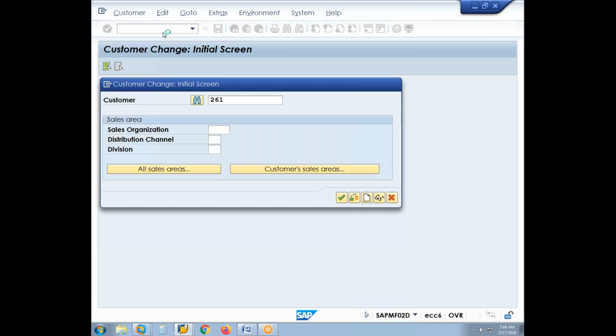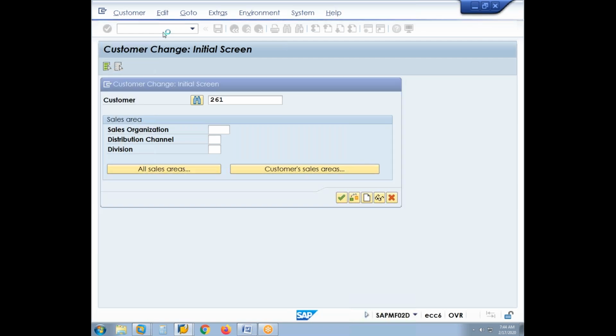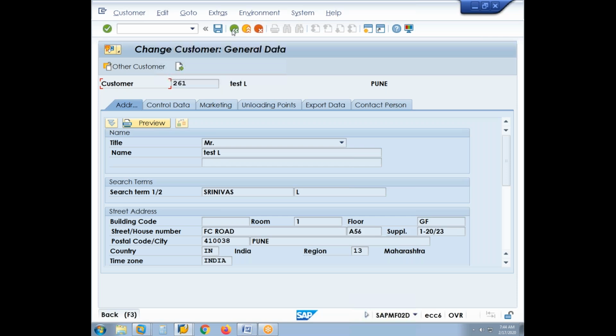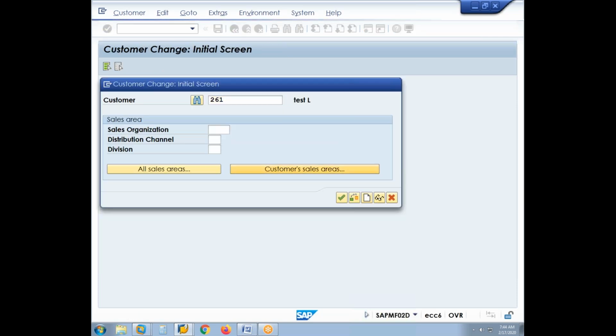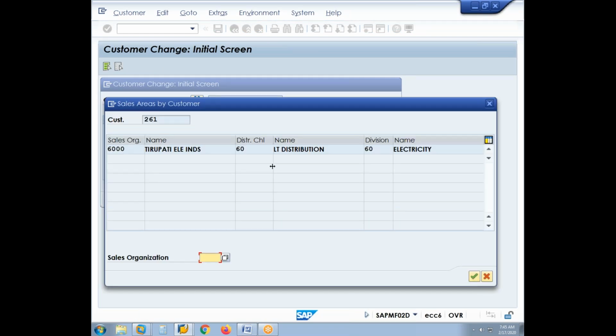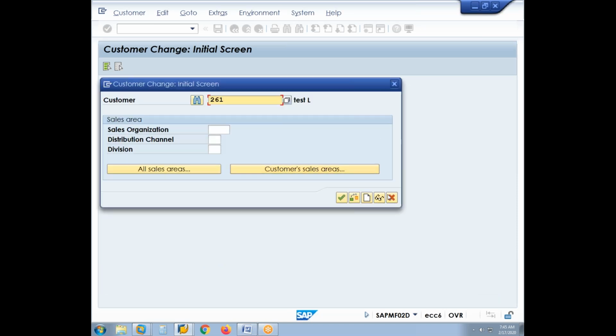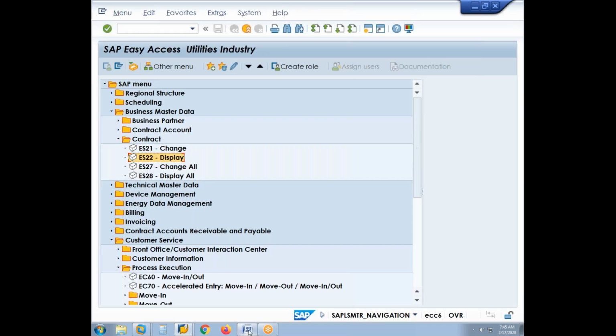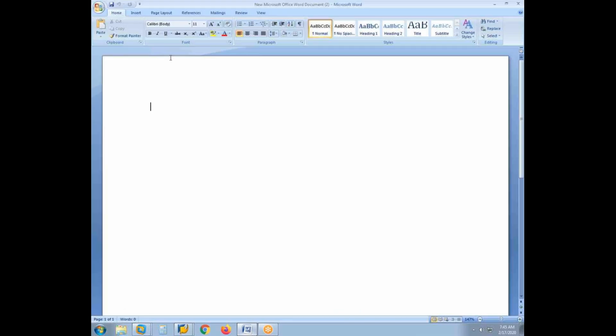We had maintained one dummy customer based on which it is supposed to create, but it will also use different sales areas. So let us find out what the sales area is here. So it is okay. It has created correctly. Sales organization 6,000, distribution channel 60. So our customer master number is also 261. Okay. Now the particular sales area that we are using is 6,060. So 261 is maintained for the sales area